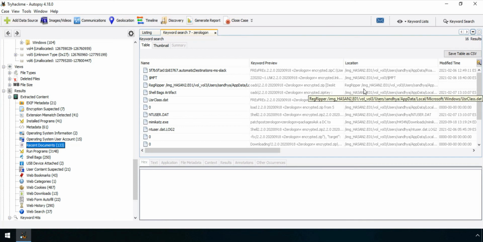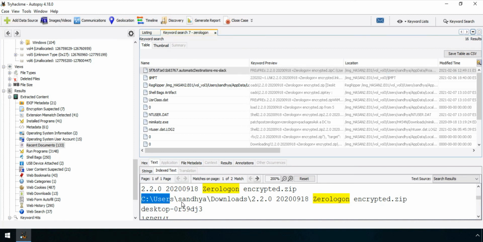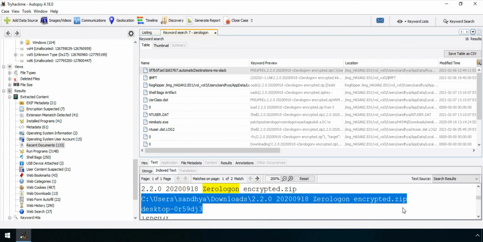If there was a Zerologon named thing, then I can find that also. But we have already found something about Zerologon in the search. So here it is. As you can see, the directory or the path to that archive is given to us.